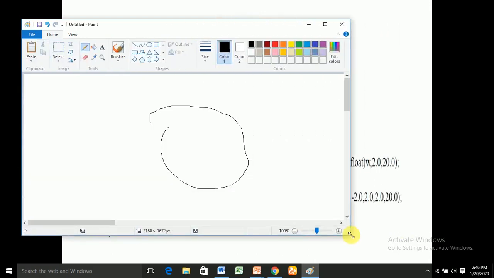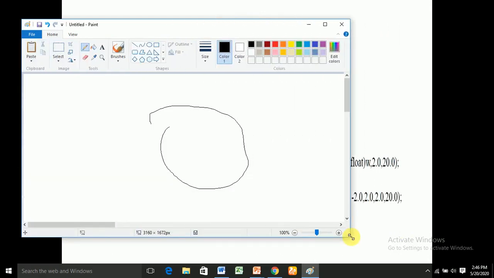Means if you start changing this, automatically whatever you have drawn is no longer visible.